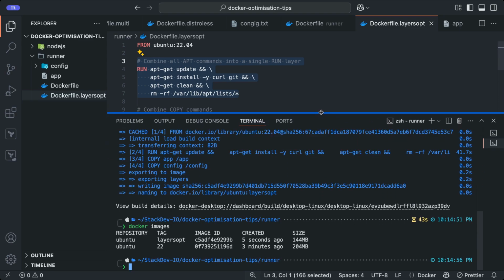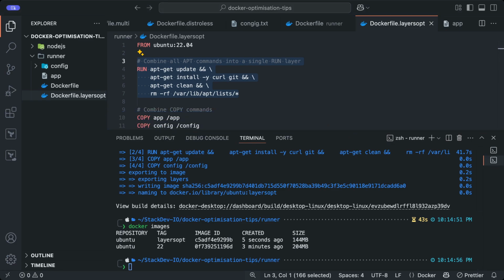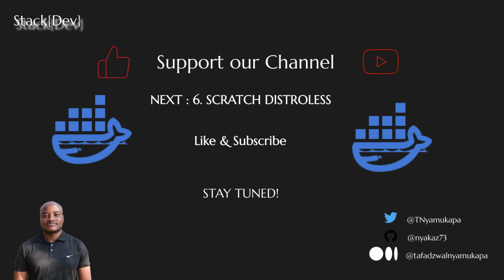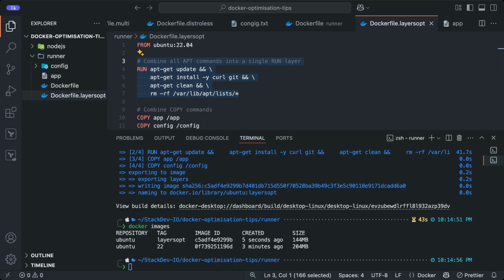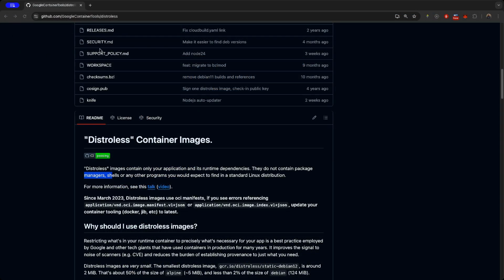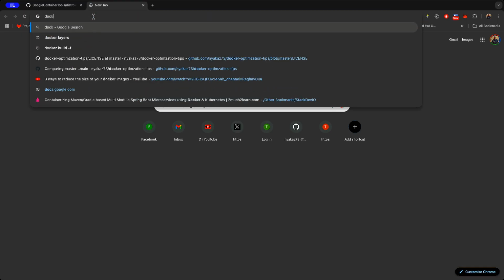So the last technique of this tutorial that we're going to look at is using what we call a scratch image. Docker already has something called scratch images. So let me just quickly jump to Chrome. In this case, if I say Docker scratch,